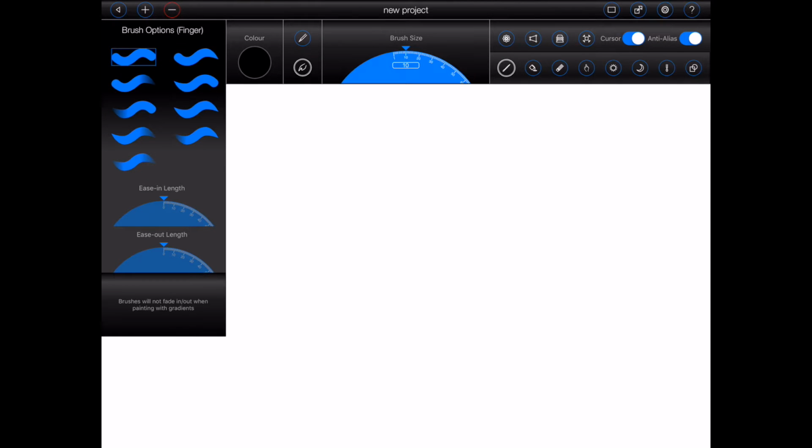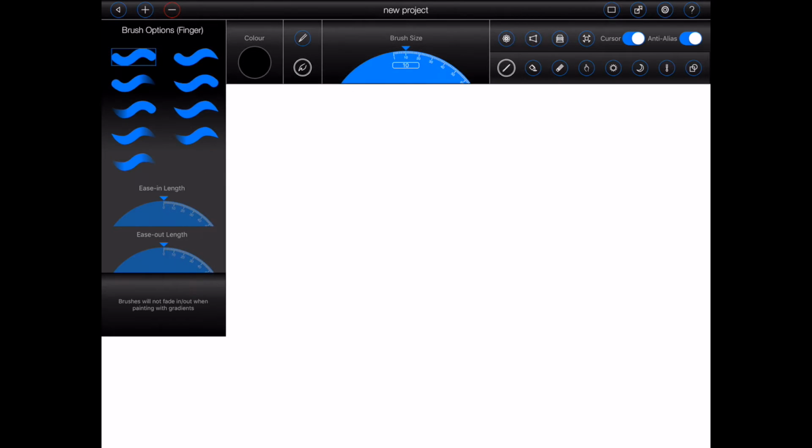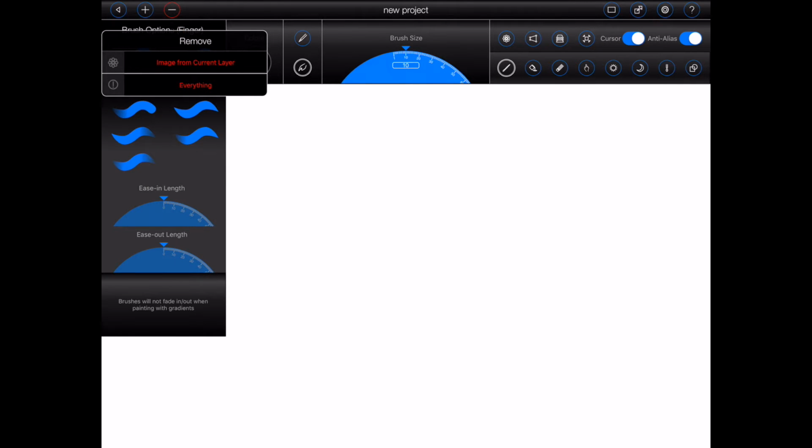The image creator has 7 main buttons spread across its title bar at the top of the screen. The first will exit the image creator and return you to the last Animation Pro screen that you were using. The second opens the File Manager. Here you can select a different project. The third is the Remove menu. It can be used to remove the contents from the current layer or alternatively all content from your project.